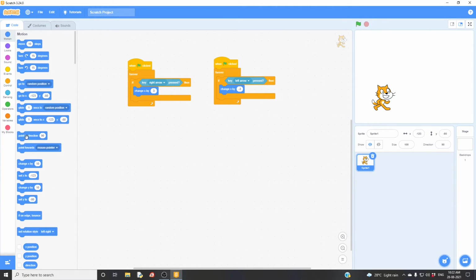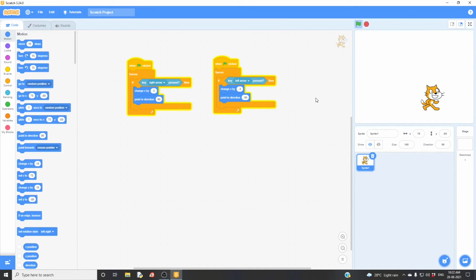So go for point in direction, drag and drop it. It should be -90. Let's check now. Yes, it's working.